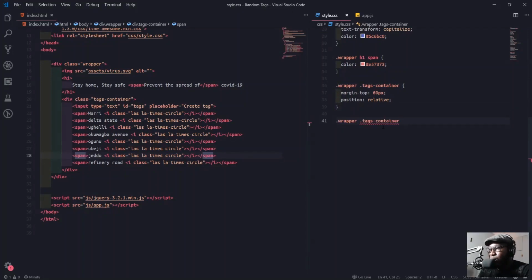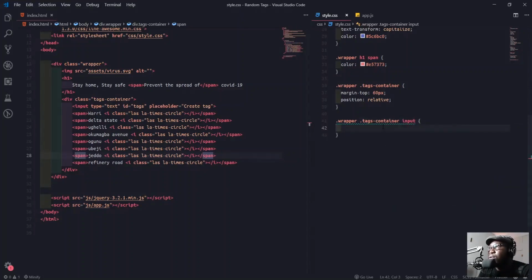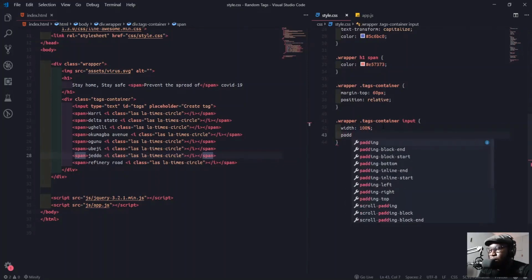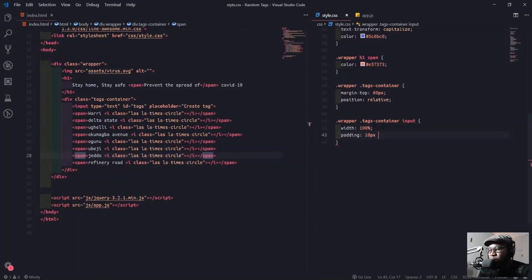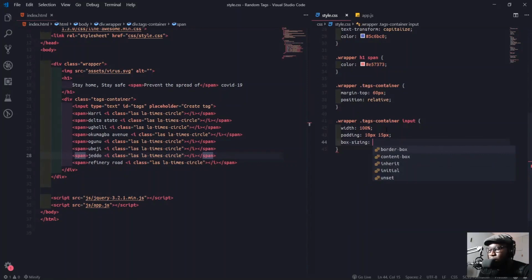So for the input, we'll set the width to be 100%. Padding will be 10 pixels for top and bottom, then 15 pixels for the left and the right. And normally it can expand, so to tackle that, I will just say box sizing, border box.